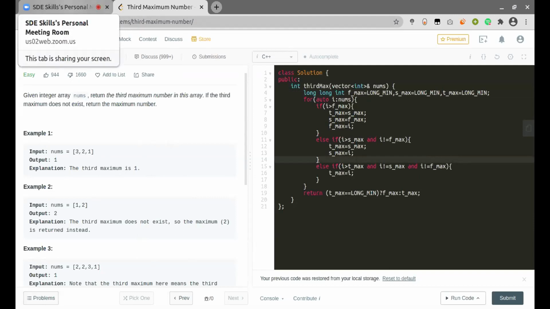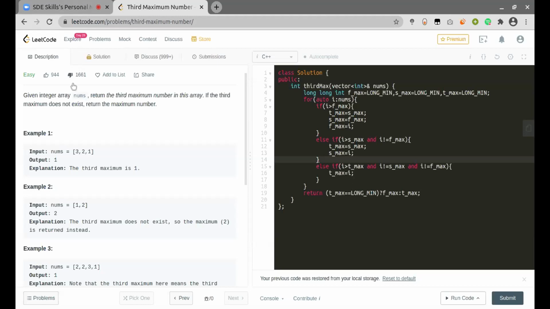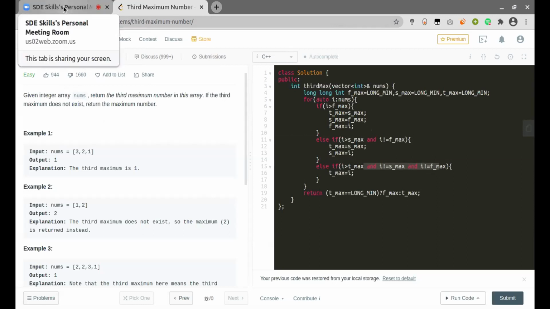Even then, the dislikes are huge. Yeah, the dislikes are always there. I guess this is because of the duplicacy in the elements. If it was not duplicate, then we just don't need to add these two conditions. Because of that, it is slightly complex, correct? Yeah, and in C and C++, again, they have added int min as the minimum answer. So this would add extra lines for C and C++.